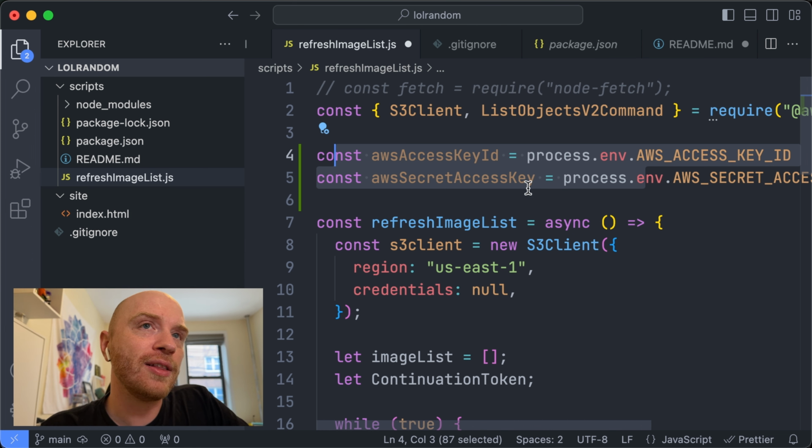I could ignore them, but I don't think I even need them at all, because I can remove the keys and make it publicly accessible so that anyone can load the list of images.